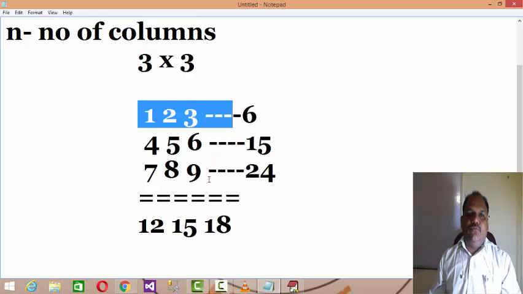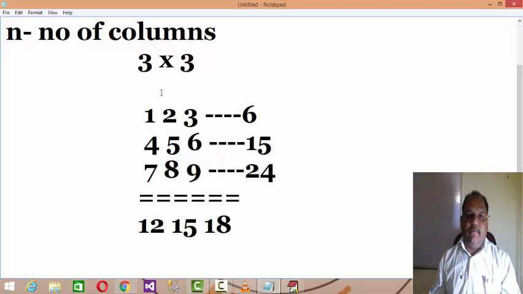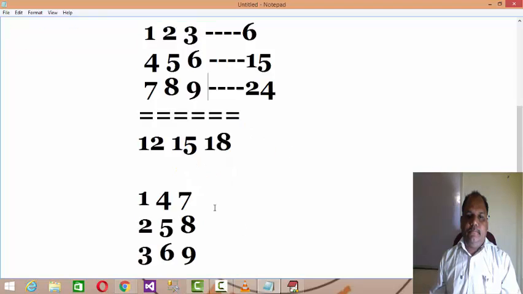Now let us assume that we have a matrix of size 3 cross 3 and you want to find its trace. So it is the addition of elements where row and column coordinates match: 1 plus 5 plus 9. These are the diagonal elements, the lower diagonal, upper diagonal. So 1 5 9 is called the trace of the matrix. So let us find it.